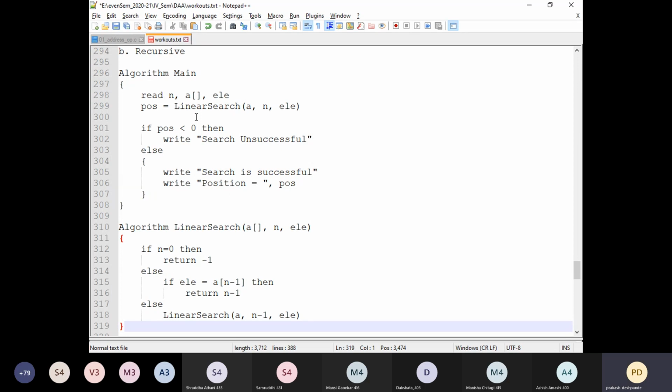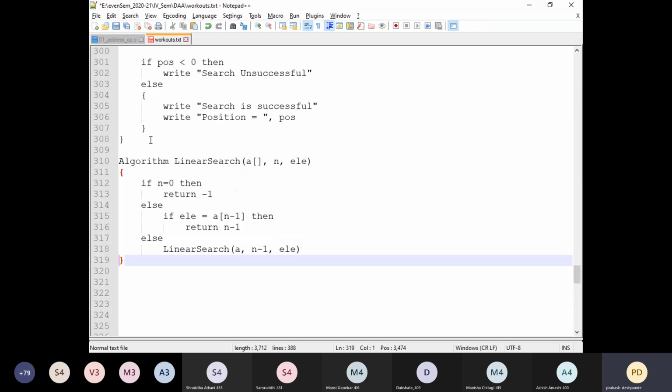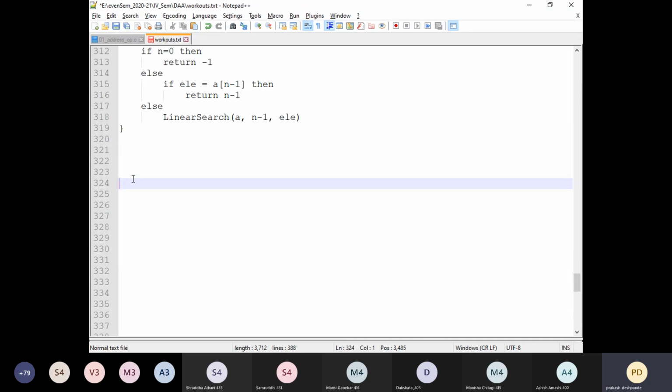When you are writing a recursive algorithm, you should have two procedures. One is the main and the second one is for calculating the power, that is x raised to n. Now, there are certain conditions here you need to look for. X and n: x is the base and n is the power.